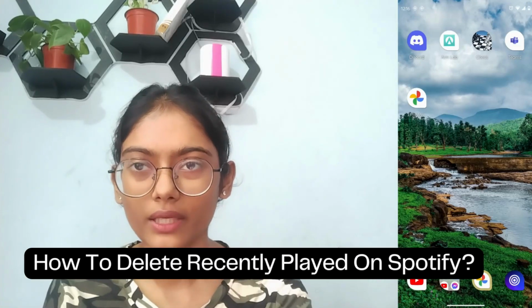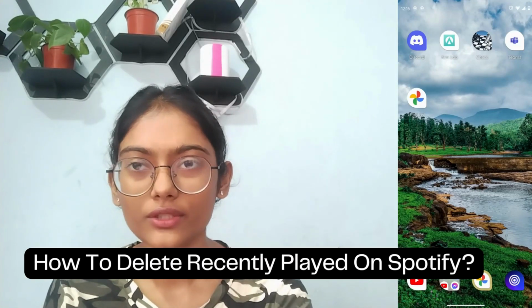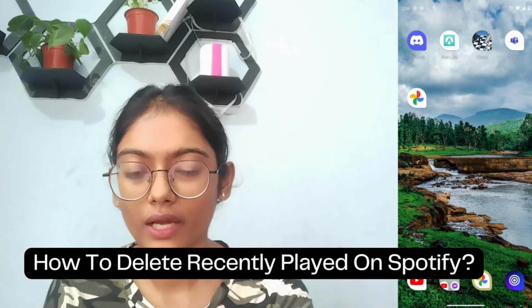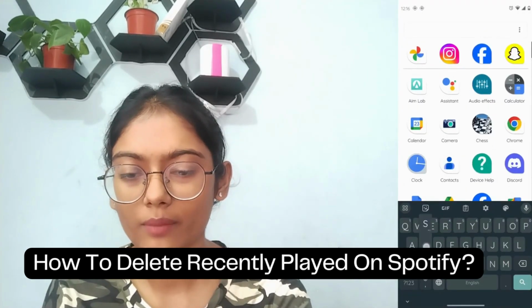How to delete recently played on Spotify. So if you want to delete your recently played history on Spotify, then first of all open up your Spotify application,